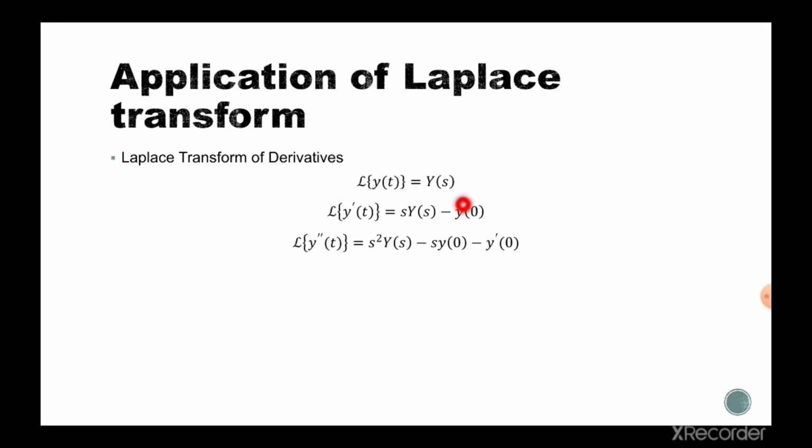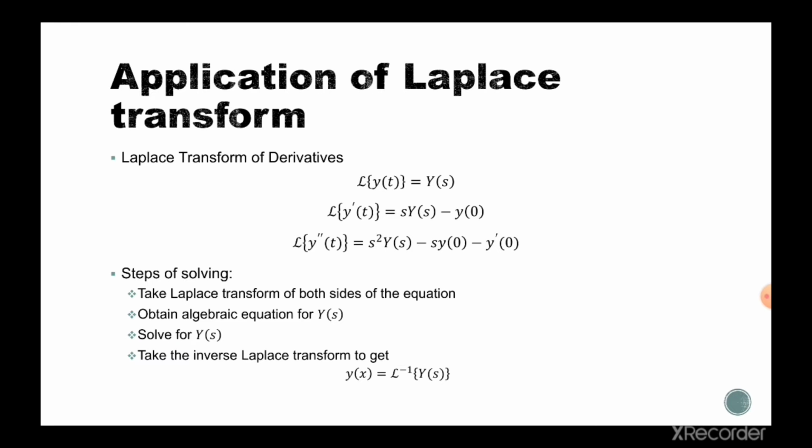Okay, here we have y(0), which means you need to have the initial value to solve using a Laplace transform. Here we also have y prime (0). We need to have this value so we can solve it by using this method. How to solve with this method? There are a few steps. First, you need to take a Laplace transform of both sides, left side and right side. Then solve for Y(s), and lastly take the inverse of the Laplace transform. And then you get the final answer.